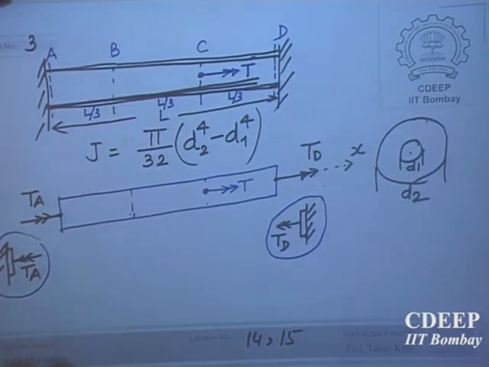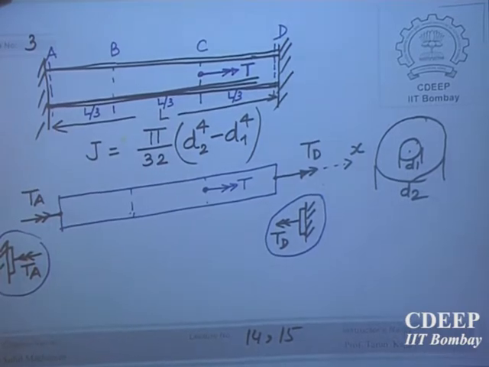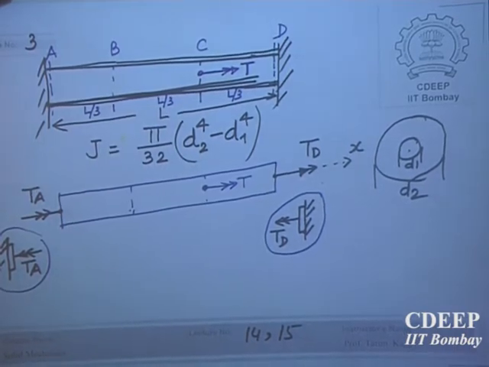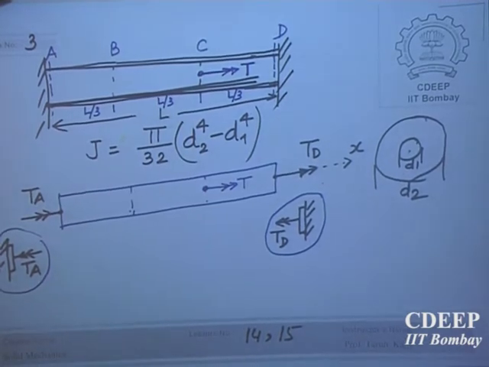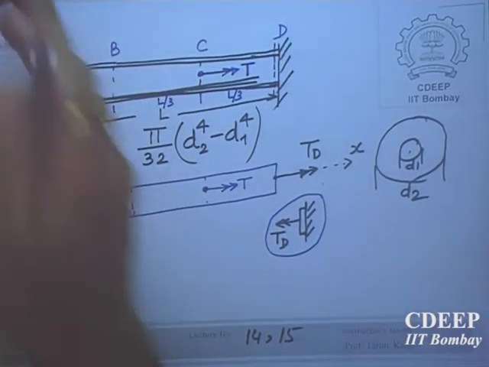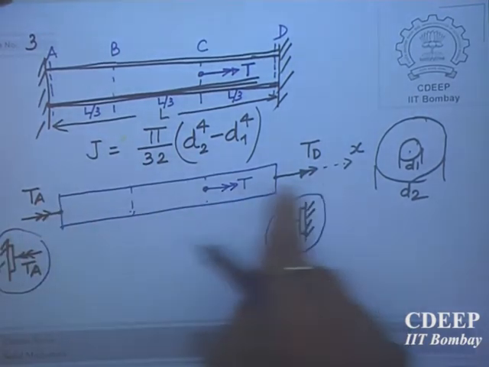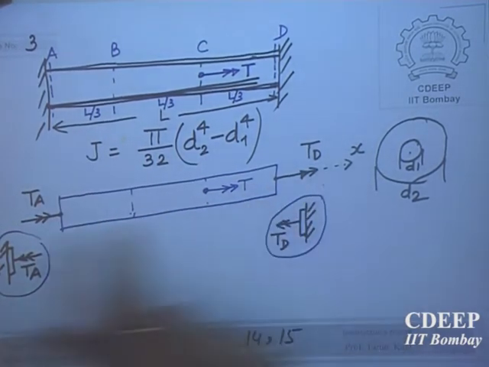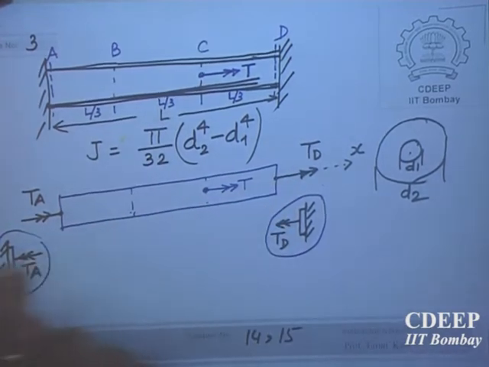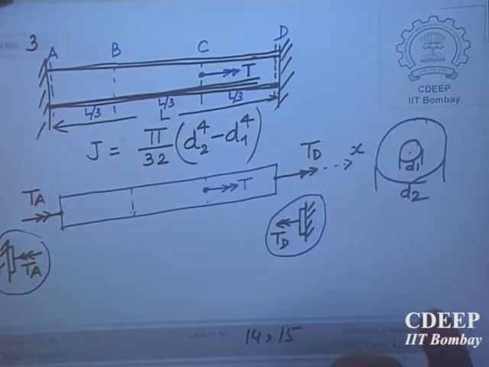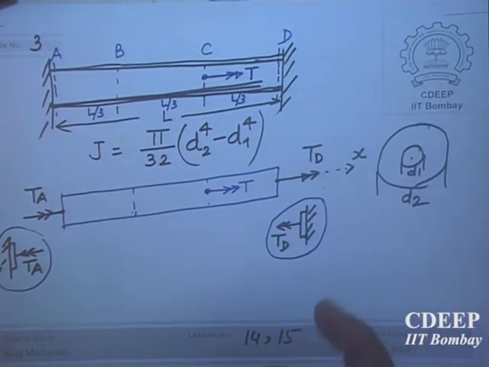Newton's third law. Whenever you cut any cross section, on either side there has to be an equal and opposite force system. So I have cut it here, and I have assumed this direction myself. Nobody asked us that it has to be like this. So I have just assumed that, therefore it has to be like this on this side. So this is Newton's third law.